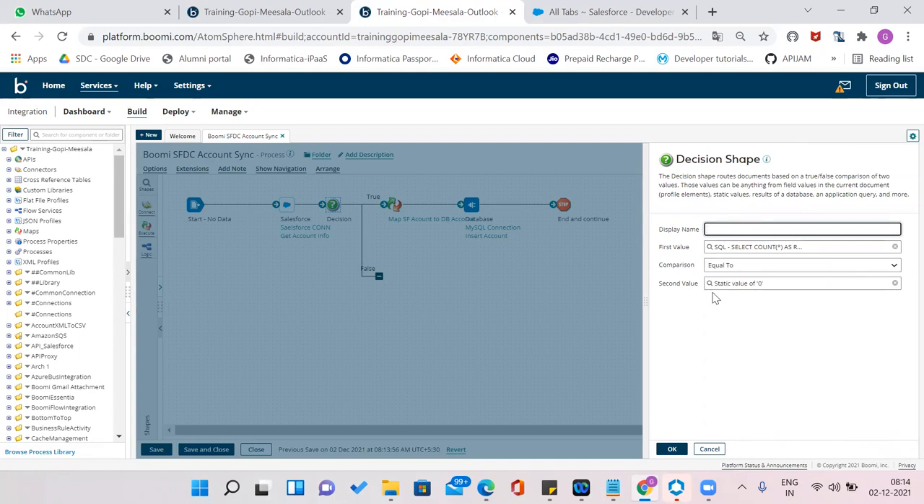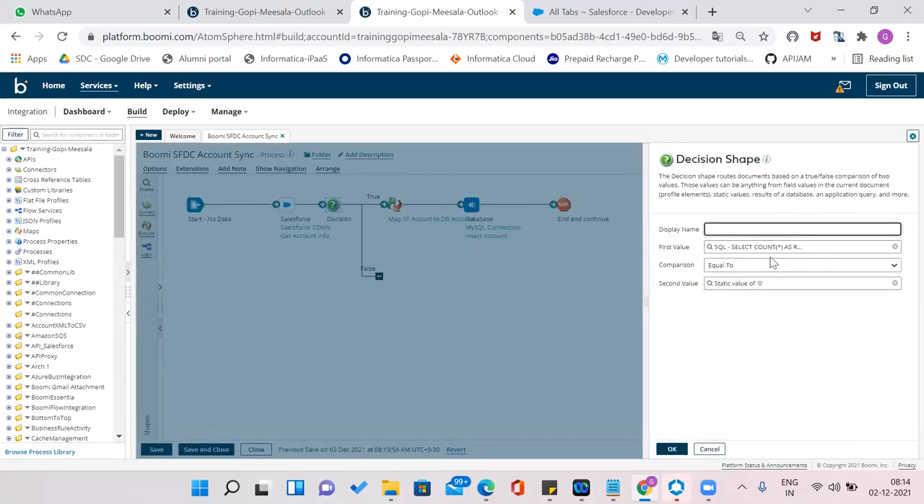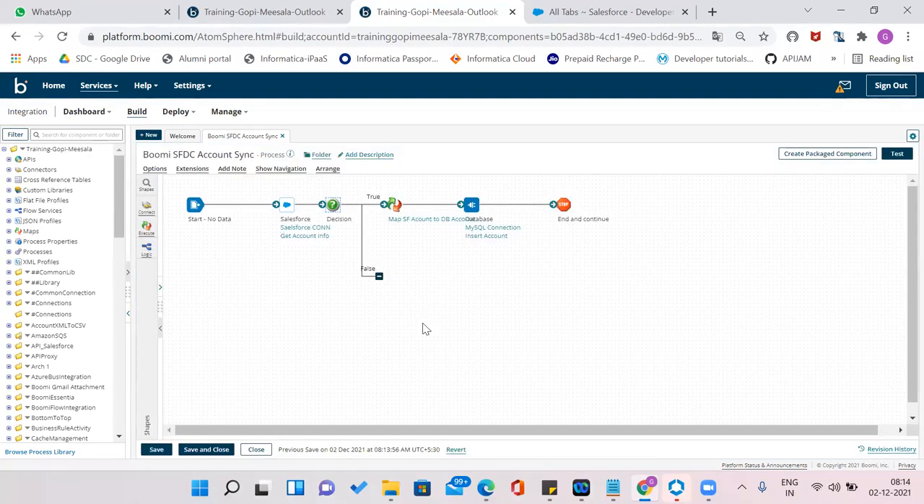If it is equals to 0, it means it is a new record. New record means we are going to create here. If the condition fails, it means 1 or more than 0 is coming. Is anything equals to 0? No, right? 1 equals to 0, nothing. It is a false condition. But the first value, right? In the decision, first value,